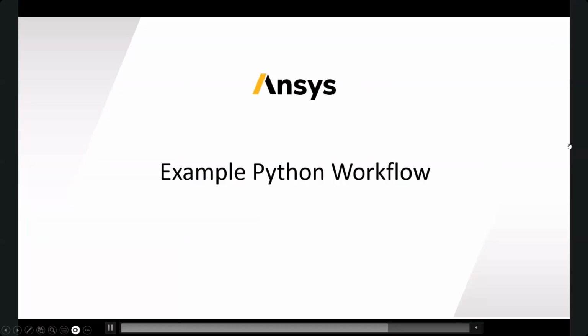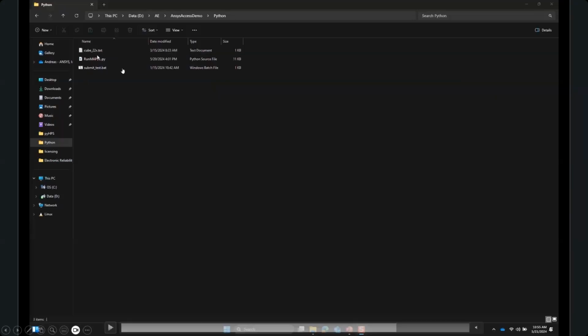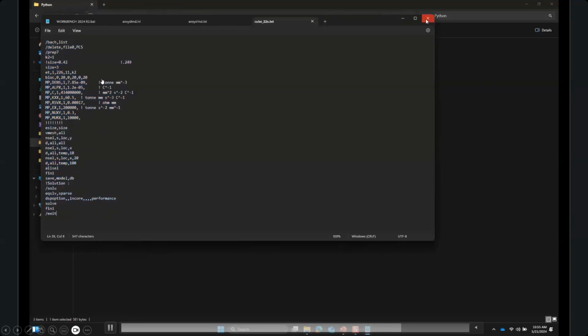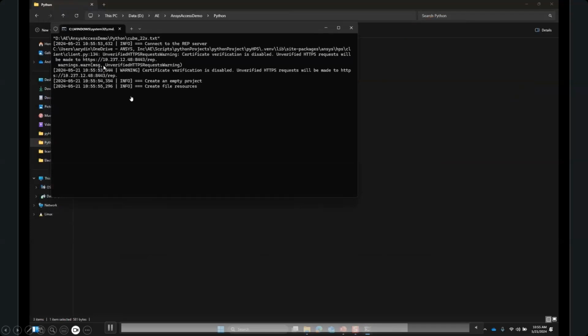Okay, and then the last example is the Python workflow. So this is something really nice. We have an example here, just in Windows. Again, this could be on your local machine. It could be in a desktop inside Ansys Access. We've got an input file, an MAPDL input file, Python scripts with PyAnsys and PyHPS, and a batch script which ties everything together. What we can do here, so there's the script, we could just drop the text file into the batch script, which calls Python, and you can submit this job